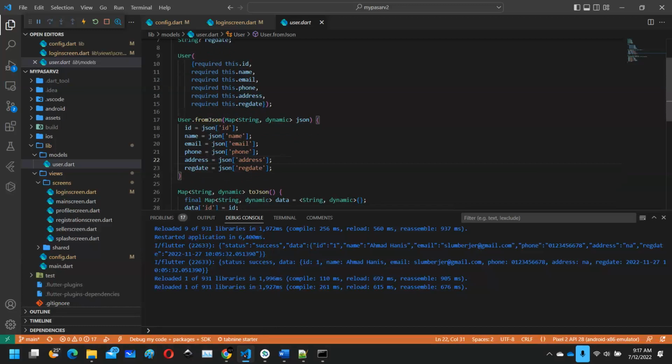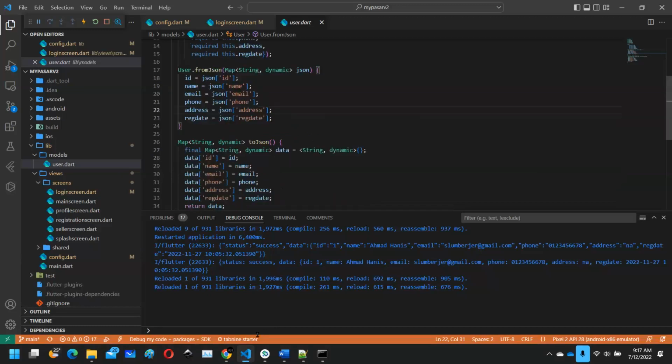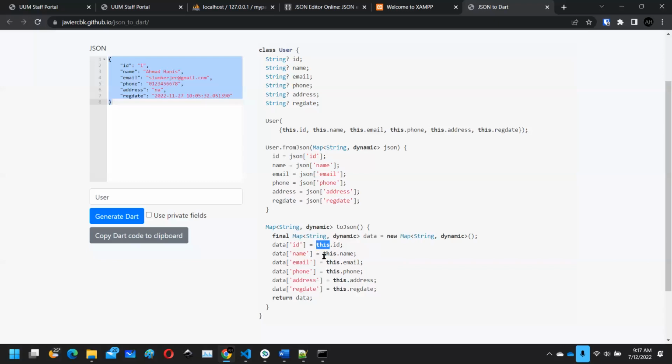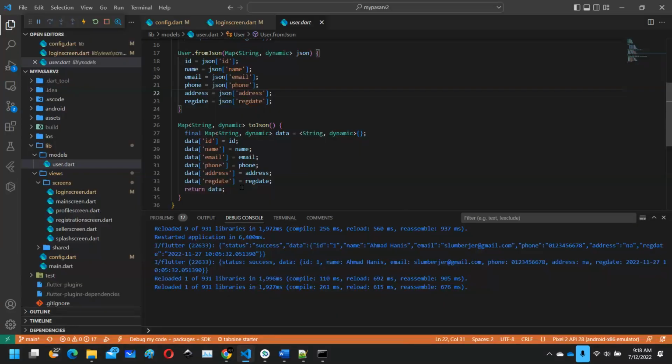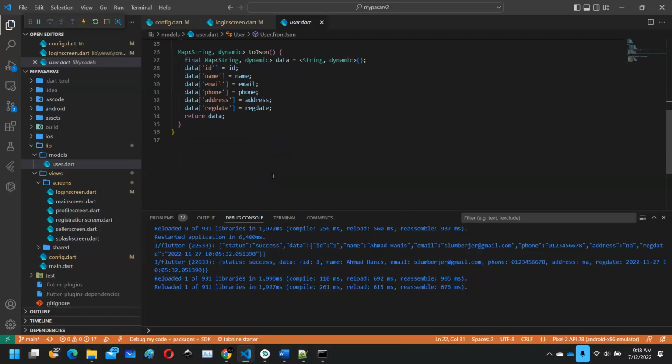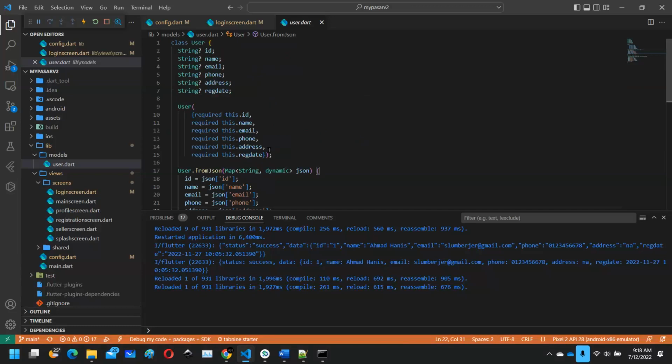No, the same. Okay, right date, address, everything to JSON. To JSON, you need to remove this. The one that they use here, they use this, but actually there's no need for that in the new version. So in the new version, there's no need for you to use this.id, this.name. This is basically a new update to Flutter, but it's just a warning, not an error. All right, so you have your user object created automatically for you, and then you can use the features provided